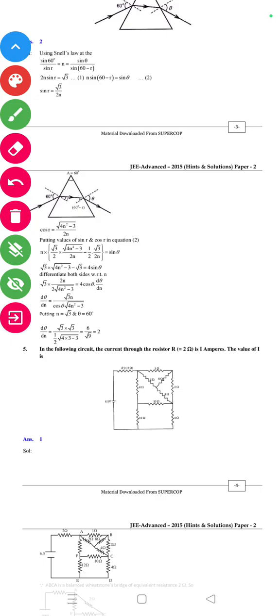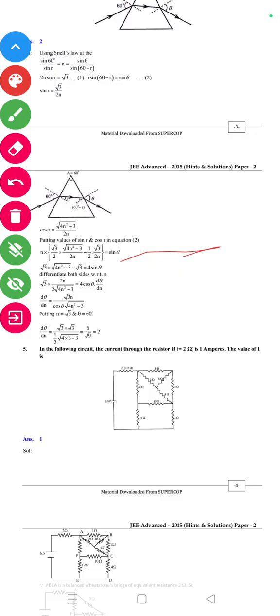Putting value of sin r and the cos r in the equation, 2n into root 3 by 2 into root (4n square minus 3) by 2n minus 1 by 2 into root 3 by 2n equal to sin theta। Root 3 into root (4n square minus 3) minus root 3 equal to 4 sin theta। Differentiate both sides with respect to n। Root 3 into 2n by 2 into root (4n square minus 3) is equal to 4 cos theta